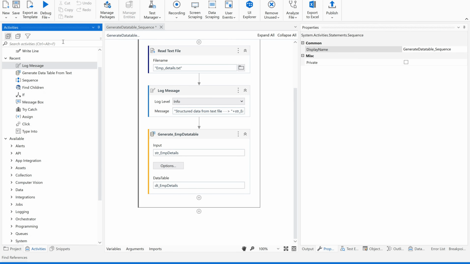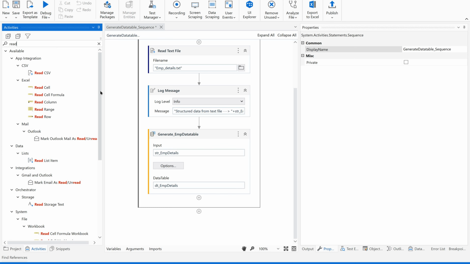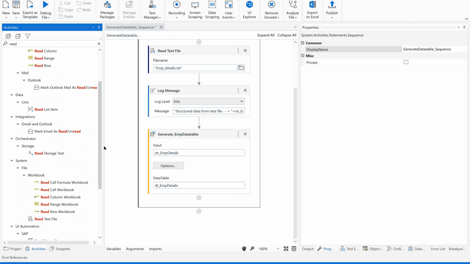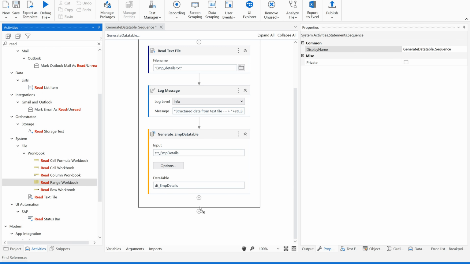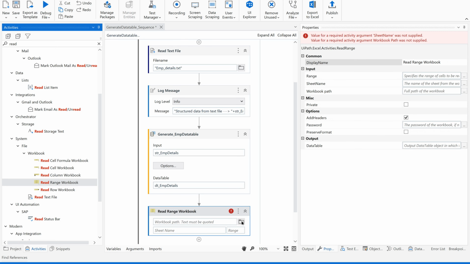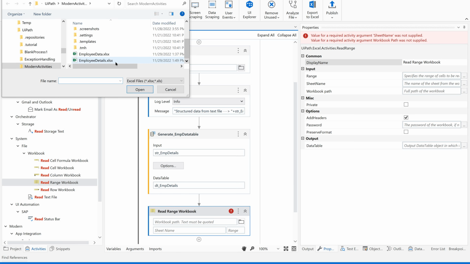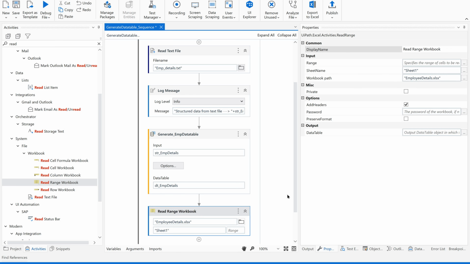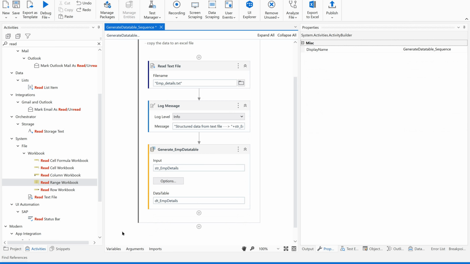Now I'm going to use read range activity. Read range workbook. We have covered the difference between read range Excel and read range workbook, when to use and what is the difference. Where is it? Yeah, this one, read range workbook. Okay, so I'm giving this Excel file path, employee details. Okay, I'm giving sheet name and leaving this range as it is. And here I'm supposed to provide, sorry,